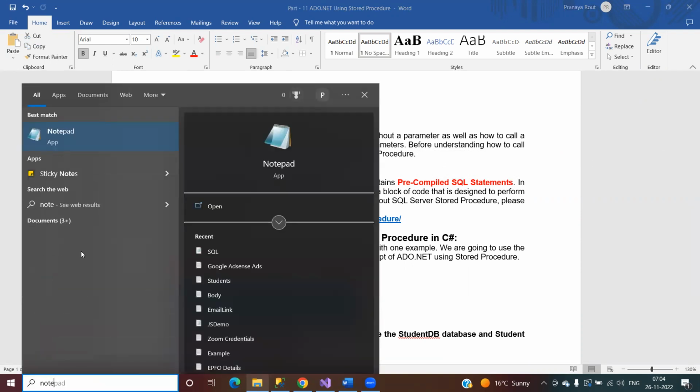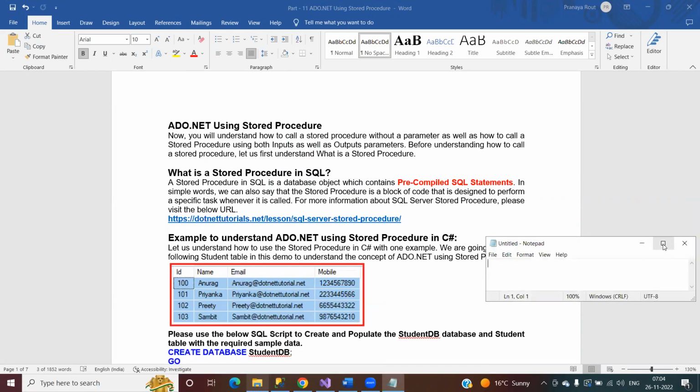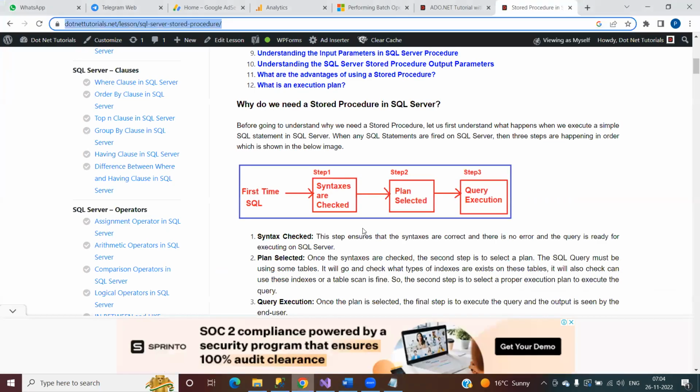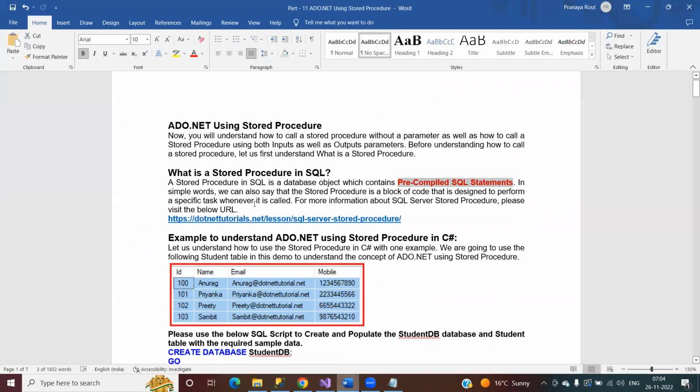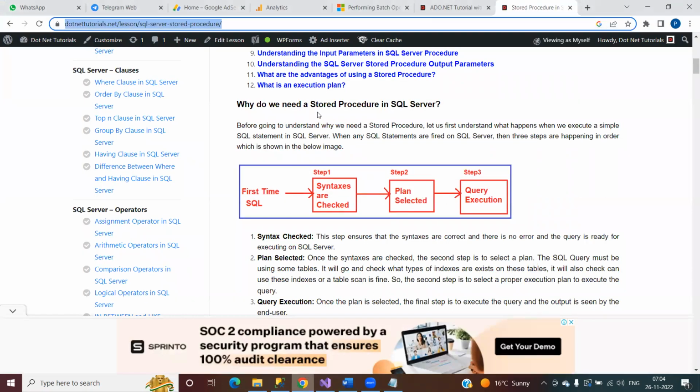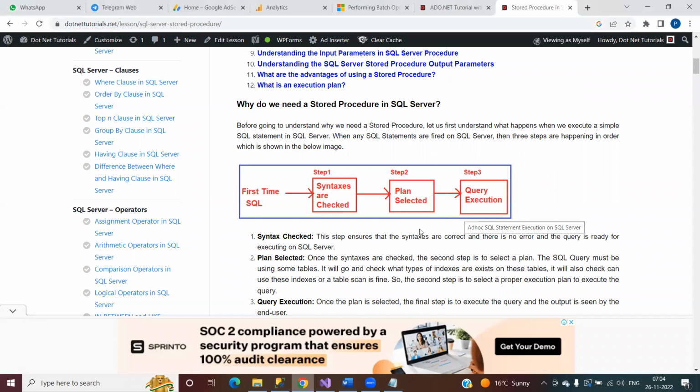Actually, this is not the SQL part, right? So let me show you these things practically, right? So this is my website, .NET tutorials, SQL server storage procedure, right? I have provided a link. You can visit this website and you will learn more about SQL server storage procedure. See,